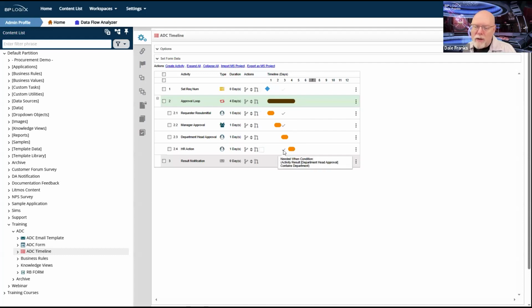We don't, therefore, set dependencies for subsequent activities as dependencies on one of the child activities. So result notification is dependent on approval loop to end. It is not dependent on HR action to end. That's not how dependencies work whenever you have parent activities.